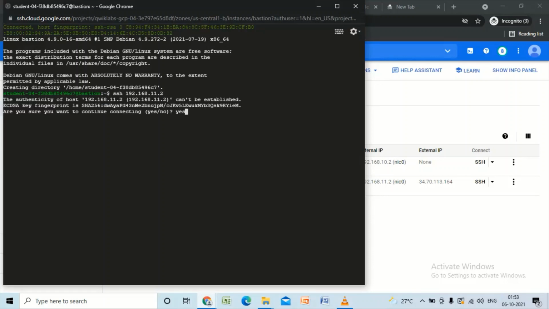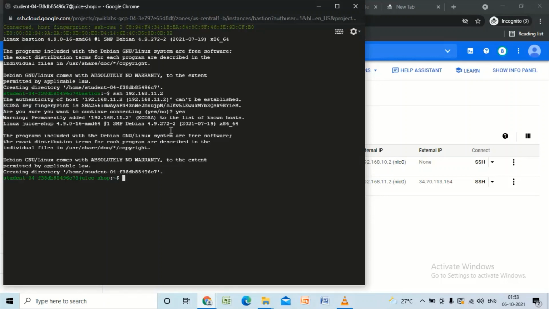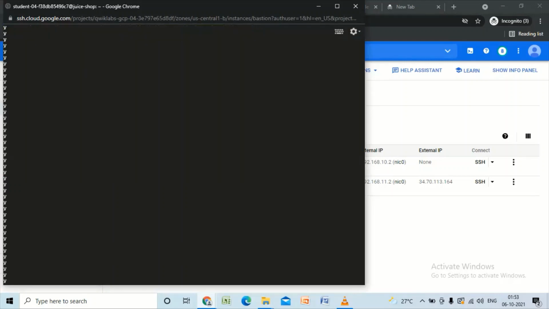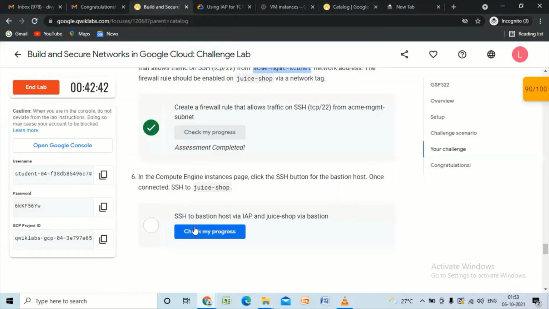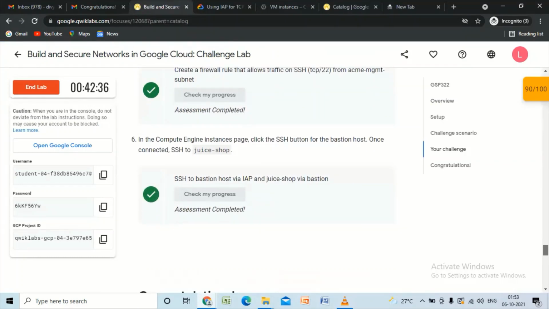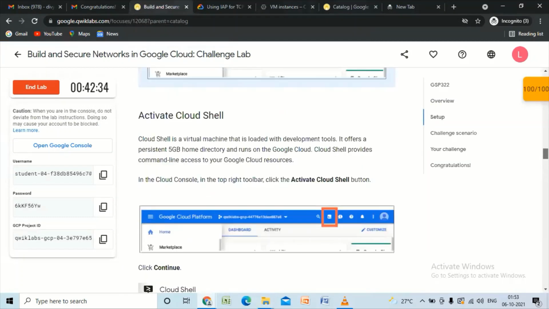Enter yes. Okay, so we have completed all of our tasks, and hence our challenge lab is completed.